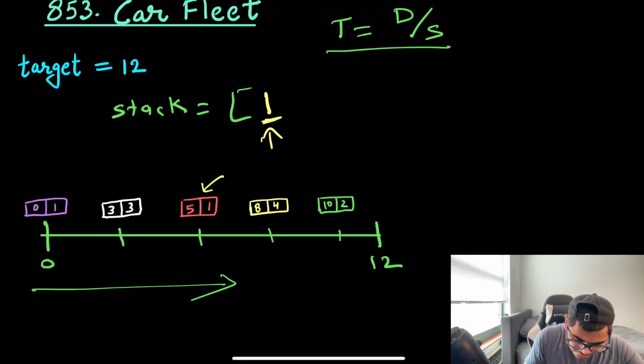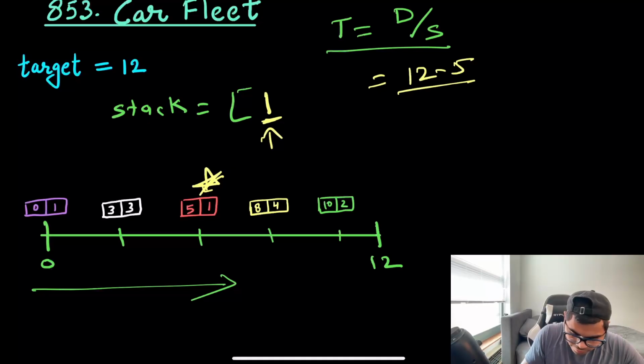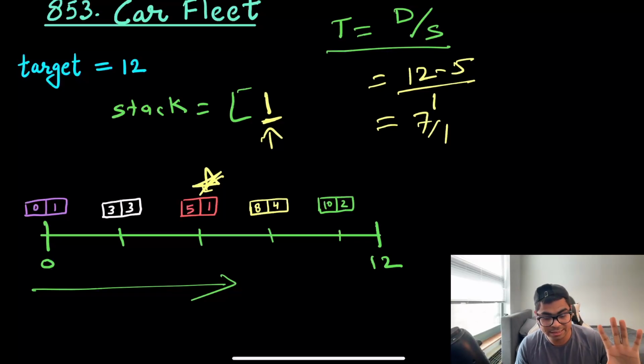So here let's calculate the time. This is the current car we are checking. So time would be 12 minus 5 divided by 1. That will be 7 by 1. It will be taking the time 7